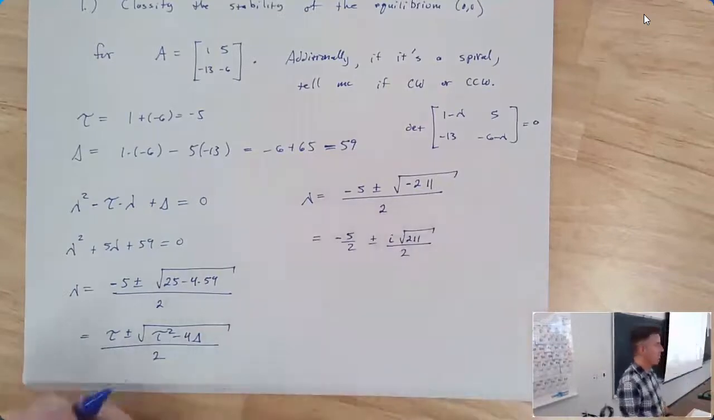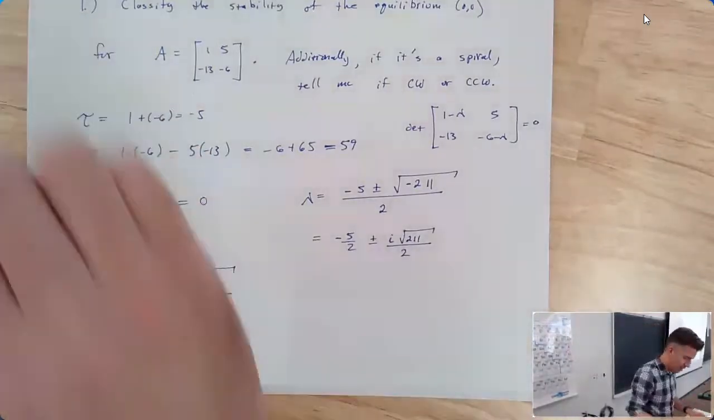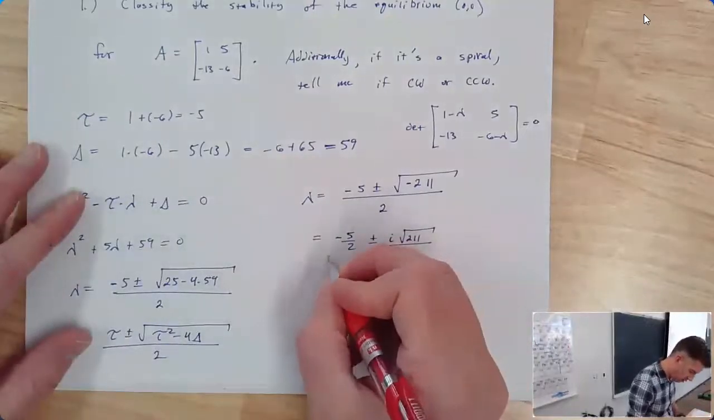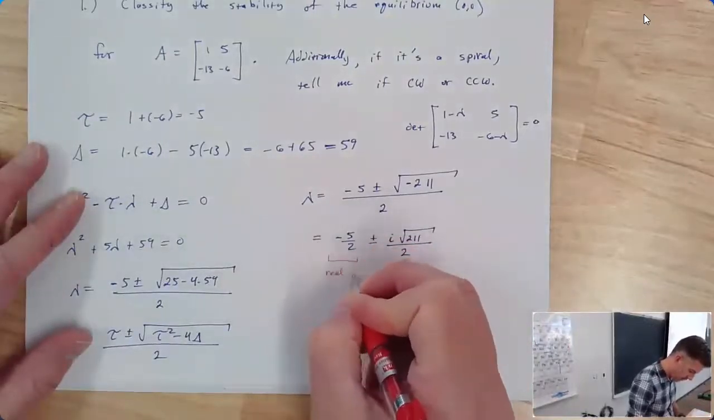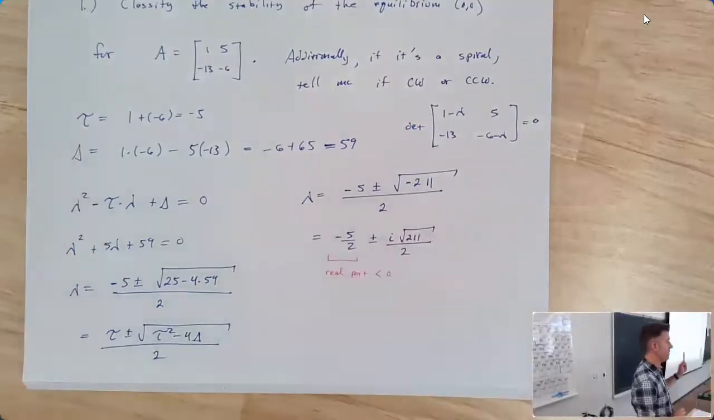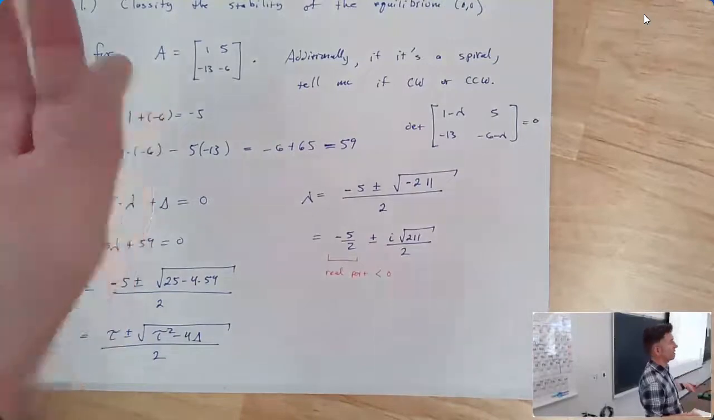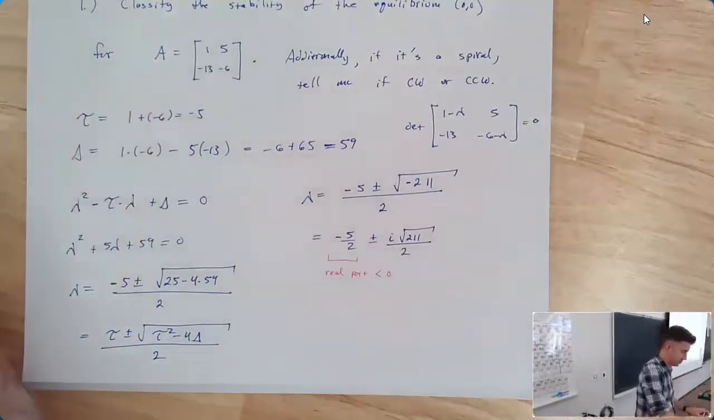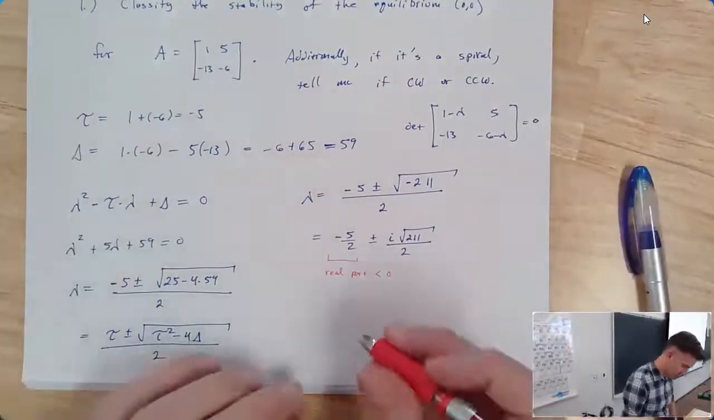The reason you might break this up into 2 pieces is to make it slightly easier to see that my real part here is negative. Because the real part being negative tells us whether we are stable or unstable. And the sign being negative tells us specifically that we're stable, just like both eigenvalues being negative, the real part tells us it's stable. So that tells us that we have a stable,